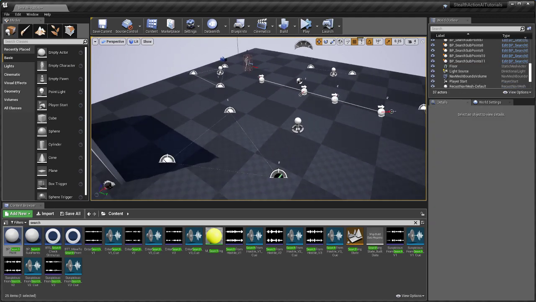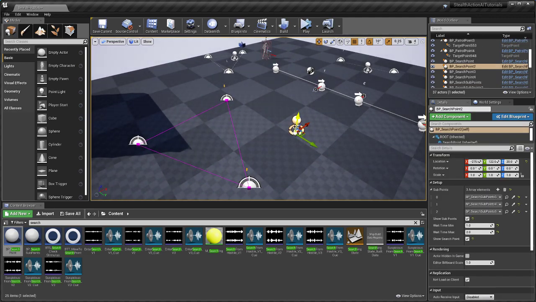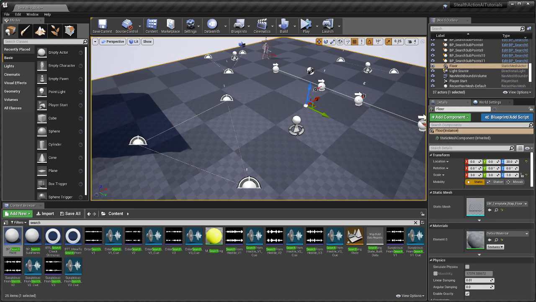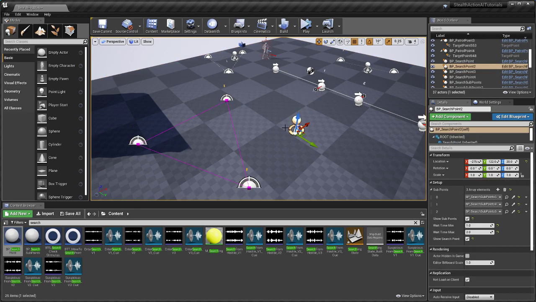The way they work is that you have a search point, and then you have your subpoints. Depending on which order you select your subpoints, the AI is going to pick those subpoints first when initiating the search. If you don't assign any subpoint, the AI will reach this point, and for the AI, the